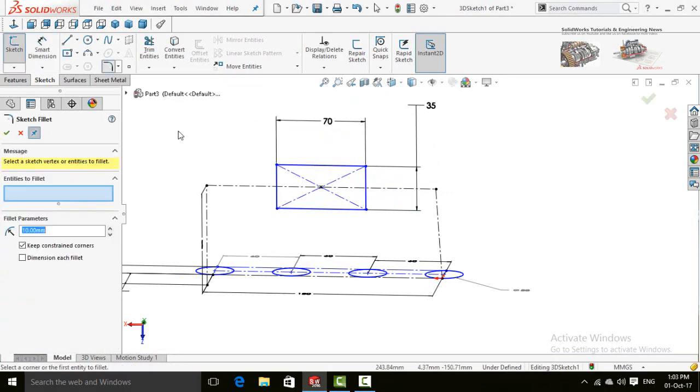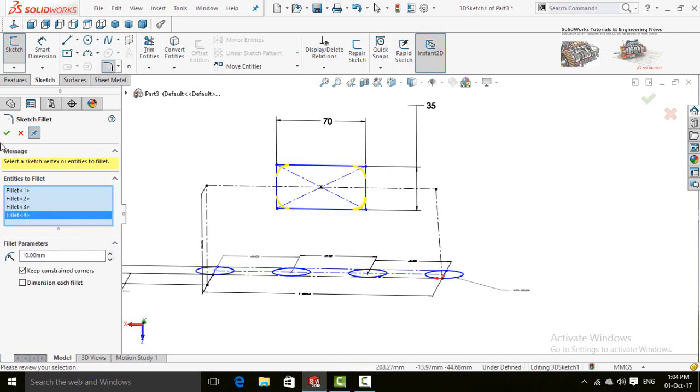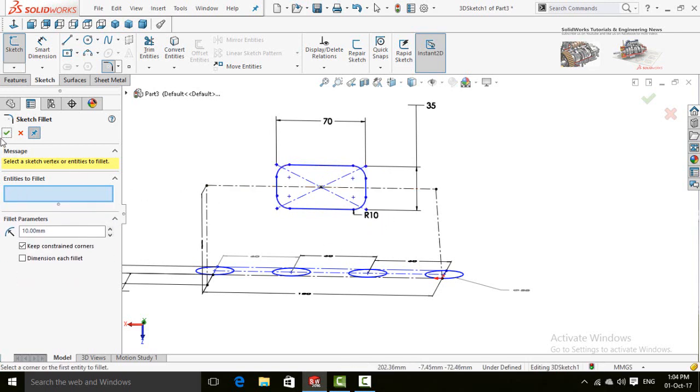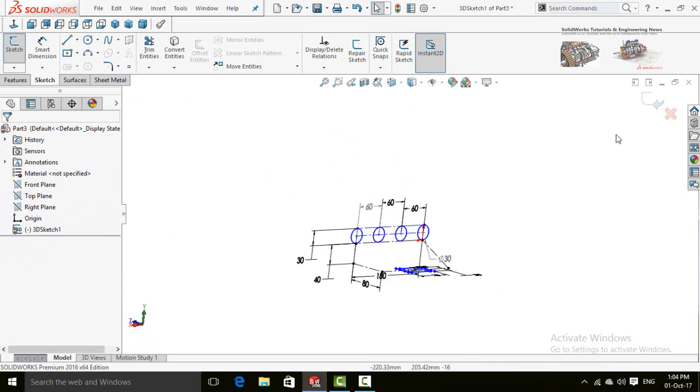Now select sketch fillet. Fillet radius is 10 millimeters and select all these four corners. Press OK button. Again press OK button. Now save and exit from sketch.